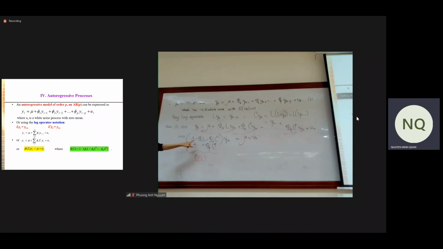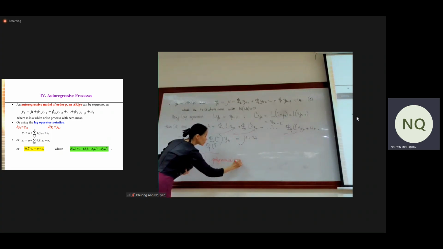In practice, look at this: in terms of L, you have 1 minus 0.1 L minus 0.3 L squared, which is a polynomial in terms of L. Okay, so at this level,